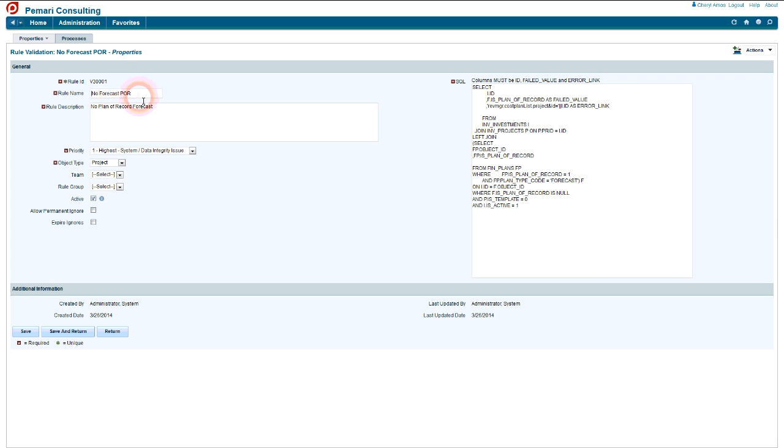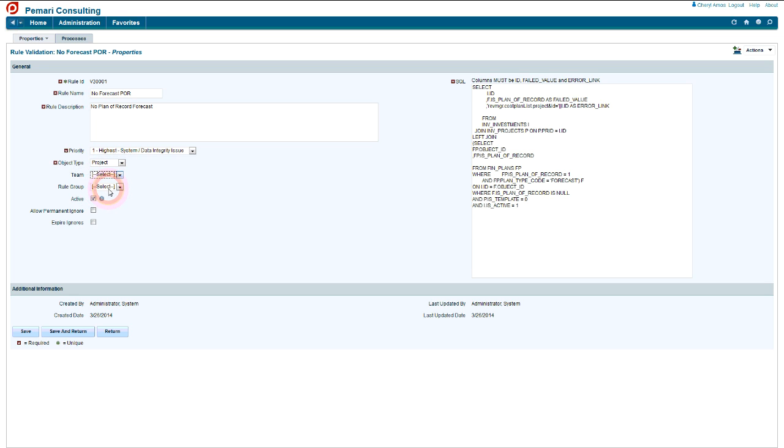So within there you've got the name, the description, a priority, user definable, you can define those however you want to. The object type, so what this actually refers to. So this is a project, idea, other work or resource. These team and rule groups, these are for filtering, so you can define those however you want. So if you wanted, for instance, to have specific teams to fix specific rules, then you could define those within that lookup, and then this will get copied over onto the rule instance on the investment or the resource,